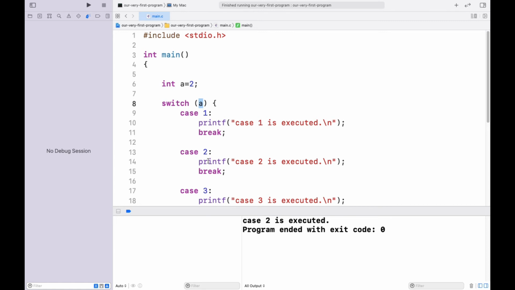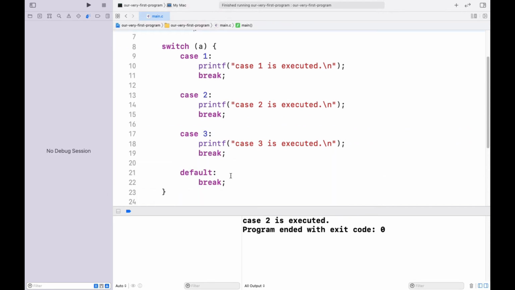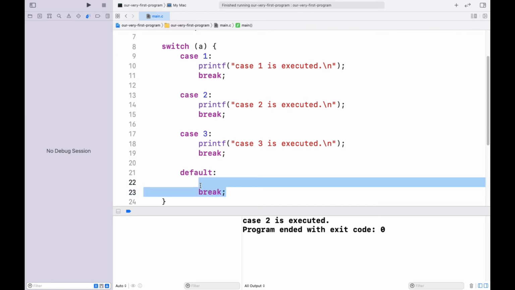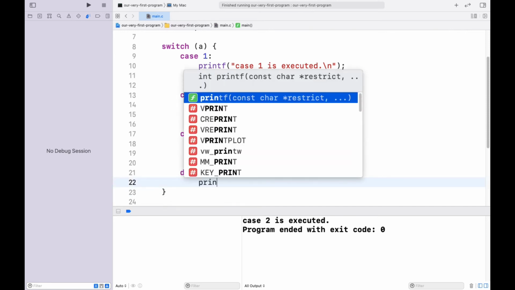And what if I am going to have a default? Maybe default I have not specified, and you need to write break after the default.